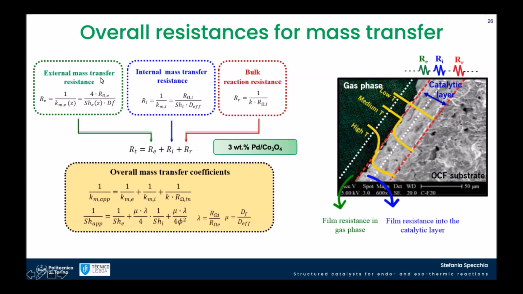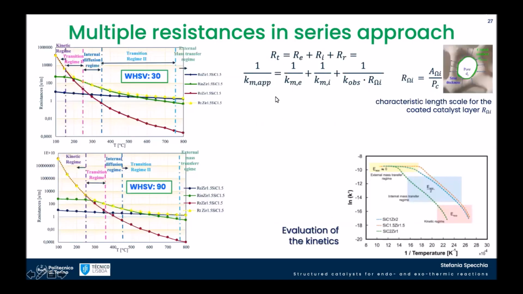By applying this concept, the overall resistance provided by those three, we examined, as you can see here, the presence of the kinetic regime, internal diffusion regime, and external diffusion regime as a function of the temperature, which is shifting and also enlarging. You see, I have a much larger kinetic regime if I increase the weight space velocity, reducing the transition regimes, and also pushing everything to much